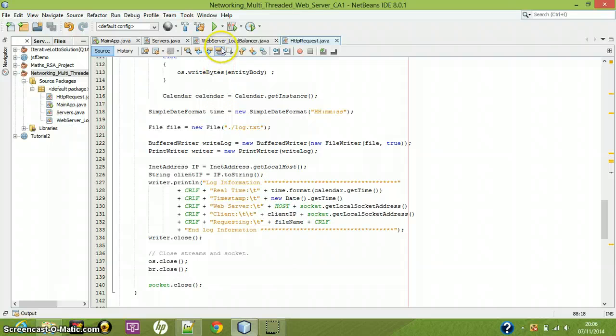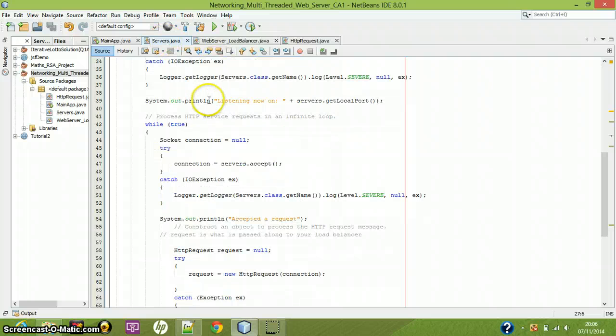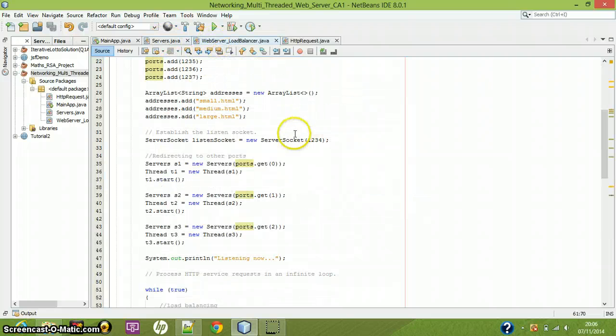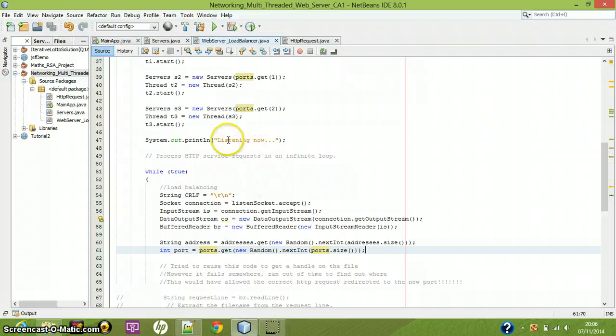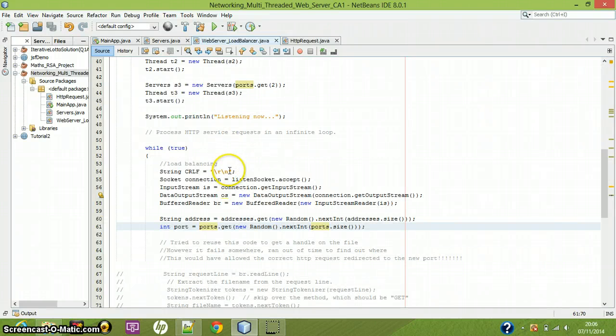So I'll jump back into servers. No, hang on, sorry. Jump back here. Right, this is where redirecting is occurring. So this is basically how I'm doing load balancing. I'm unsure if this is the correct way to do it, so I just went ahead with it anyway